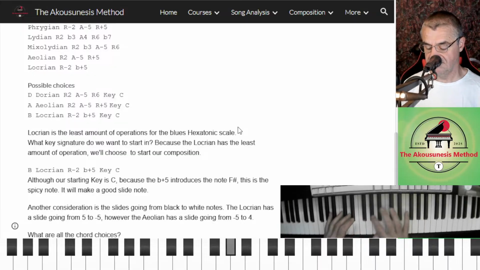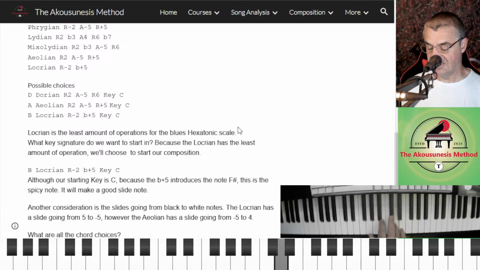That's Locrian. But we're stopping on the F sharp. So we've got to remove the -2, which is the A. We've got a bit of bluesy things happening.